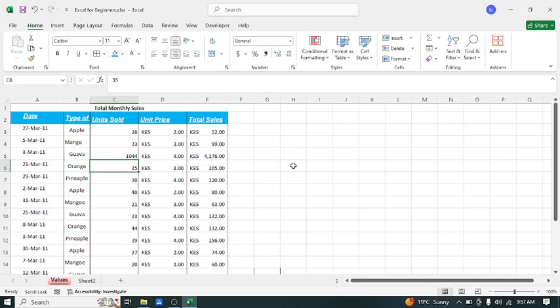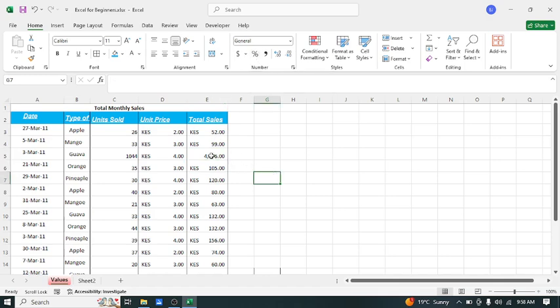Then let's expand this. So you can see already we have a comma here. The comma style has been applied, where we have 4, then comma, then 176. But if I click on this comma again, you can see now the currency letters KES have disappeared, but we still have the comma, just after 4 and before 176. And then we also have the